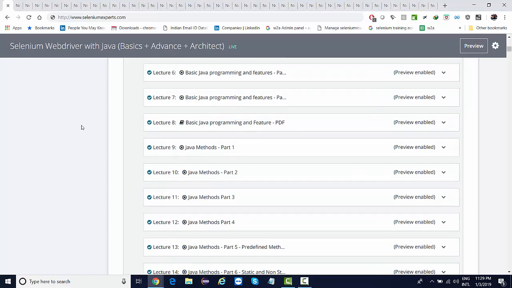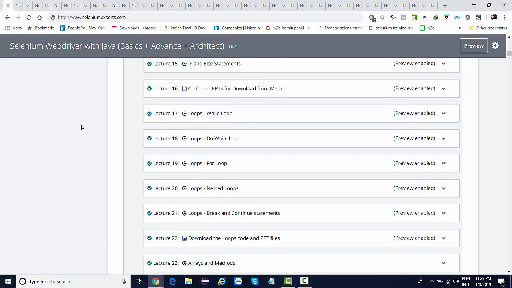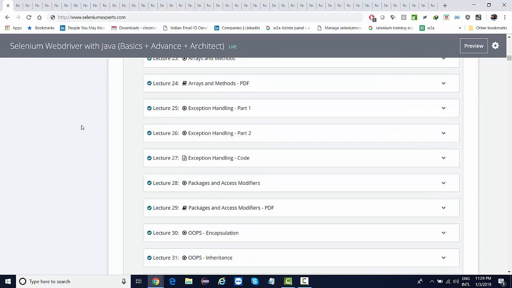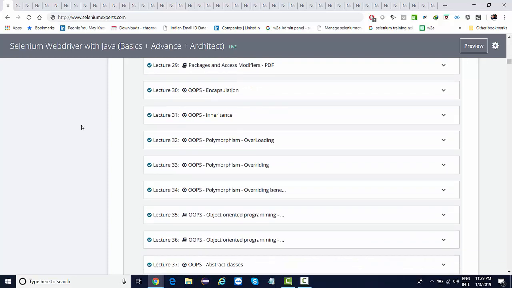Now, I believe you have already gone through all these core Java lectures, which are very, very important before you get started with Selenium, because Selenium is not a tool, as we already know. Selenium is just a project. If you are using Selenium with Java, Selenium is available in the form of a third party Java project, which was initially started by ThoughtWorks, and then later on Simon Stewart from Google, who actually designed another API, that is